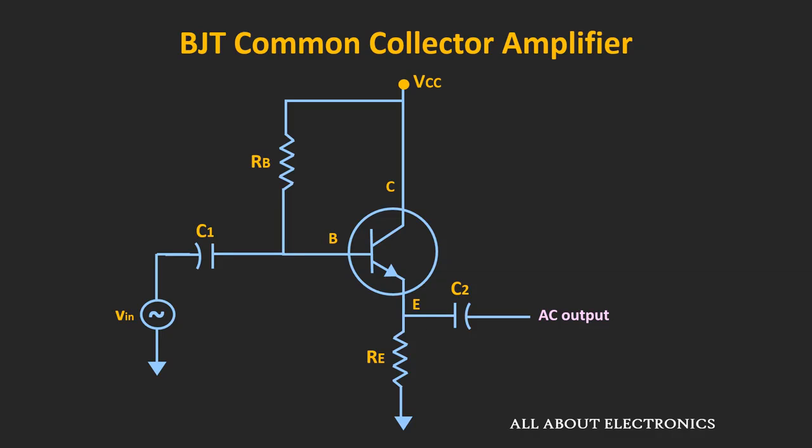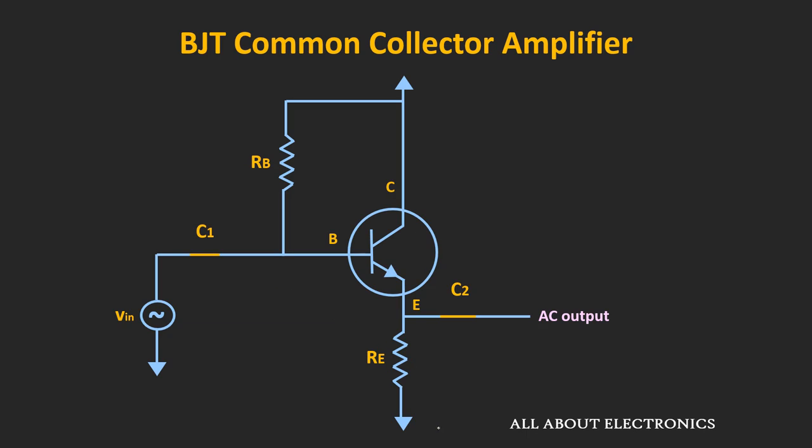Now from the AC signal perspective, all the DC sources in the circuit will act as 0, while all the coupling capacitors will act as a short circuit. That means for the AC signals, the collector terminal will act as a ground, or we can say that it is the AC ground. So here, the input signal is applied between the base and the ground, or effectively between the base and the collector terminal. Similarly, the output is measured between the emitter and the ground, or effectively between the emitter and the collector terminal.